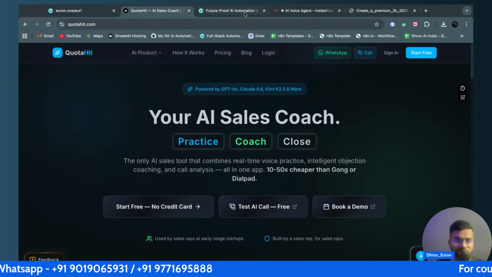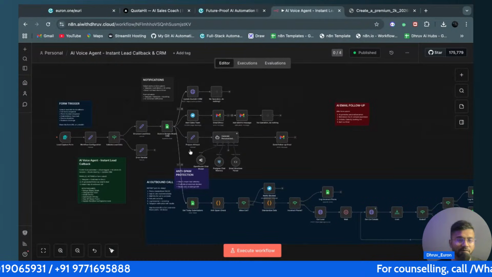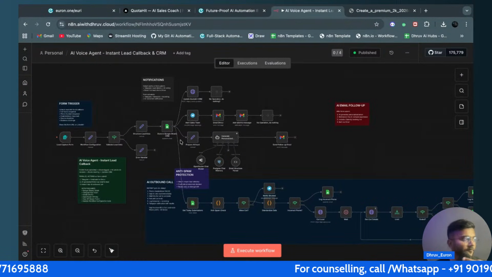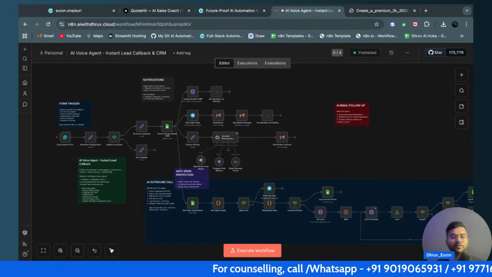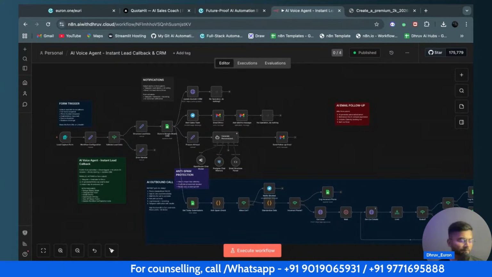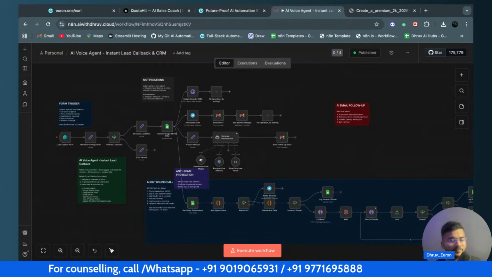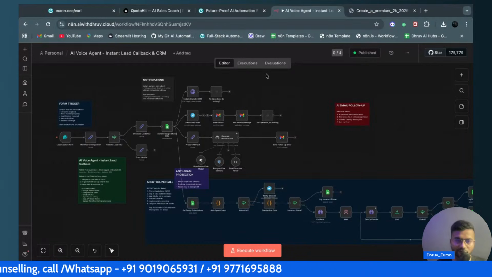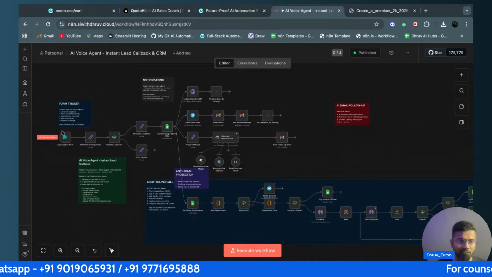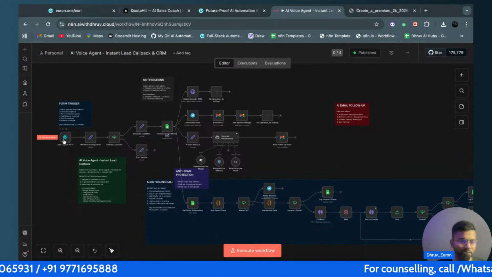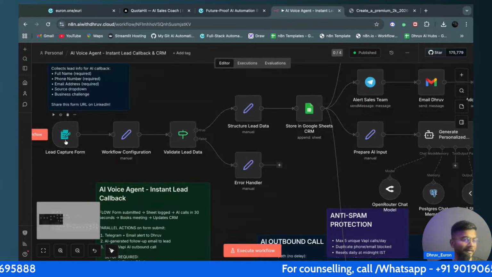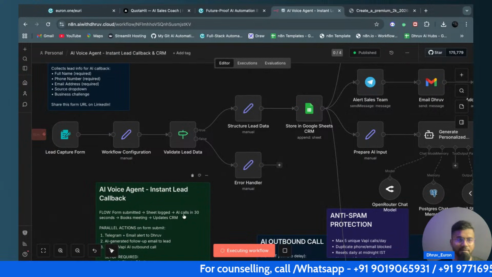So the workflow that I'm going to explain right now, this is a production level workflow. It means every people wanted to use it, right? Whether in their website, whether in their form, or whether in lead management, any kind of thing. So over here, if you will able to see, as soon as I'll click over here, okay, so you can see we have lead capture form. Once I'll click here, so